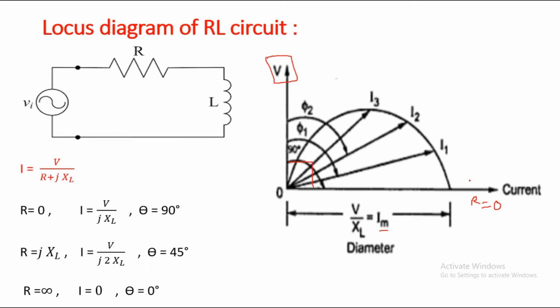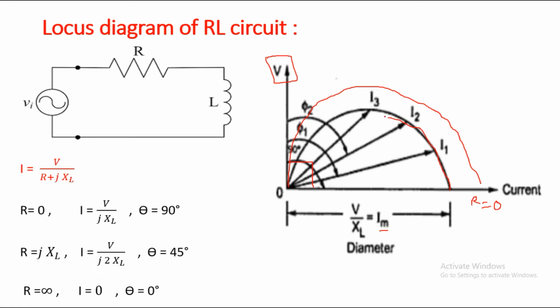Likewise we are going to increase the resistor. Meanwhile the magnitude of current as well as phase angle will keep on reducing until it reaches 0 value. For the sake of understanding I have given 3 phasors, that is current phasors I1, I2 and I3 along with their phase angles. After calculating and plotting all the magnitudes of current on this graph, we have to join the tips of all the current phasors.